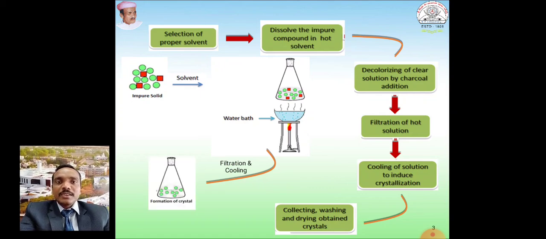You can see the green color shows the pure crystals which form in this conical flask, and there will be a mother liquor. Then you separate out this pure form of crystals from the mother liquor by filtration. So this is the process of recrystallization, which is mostly used in organic synthesis.